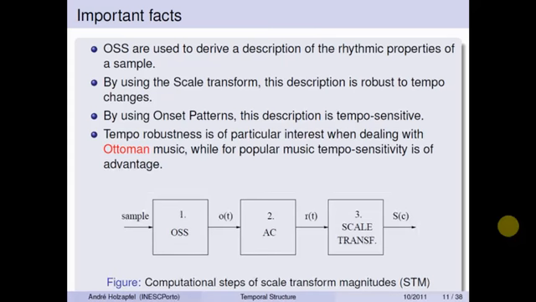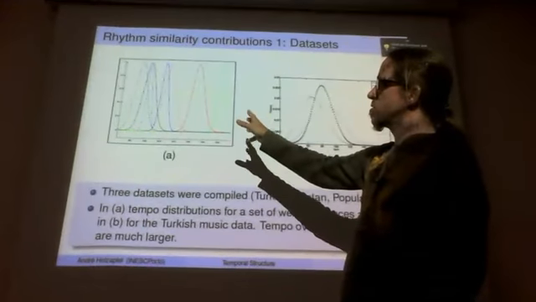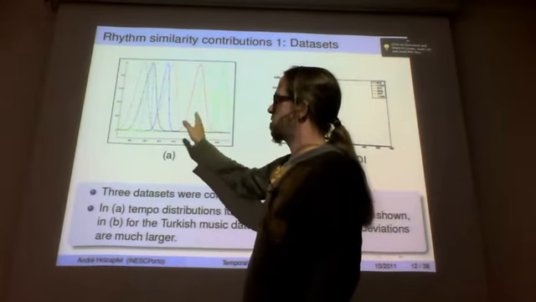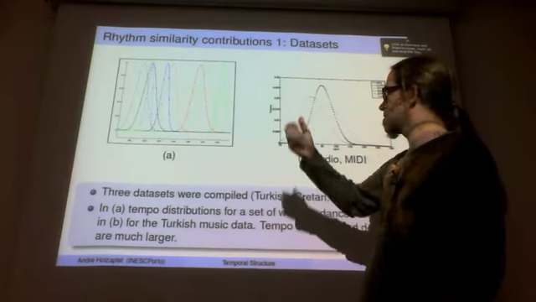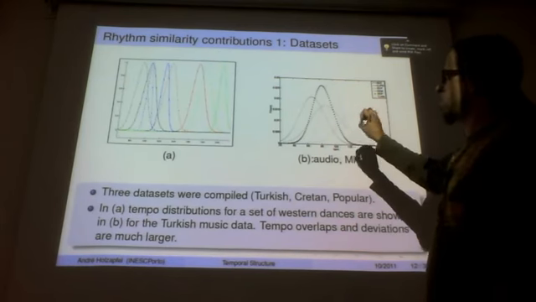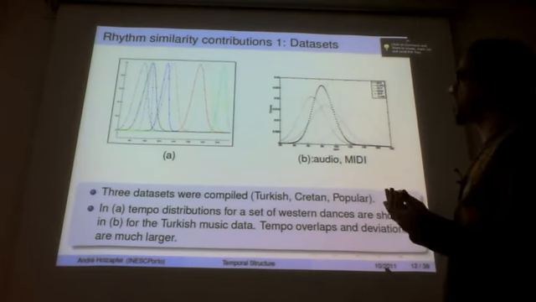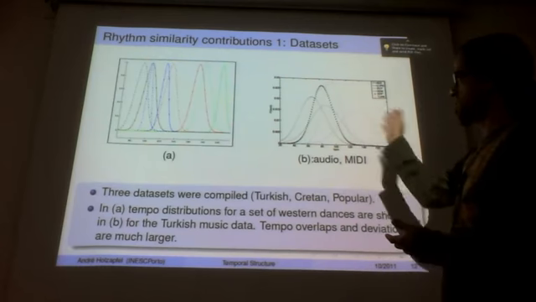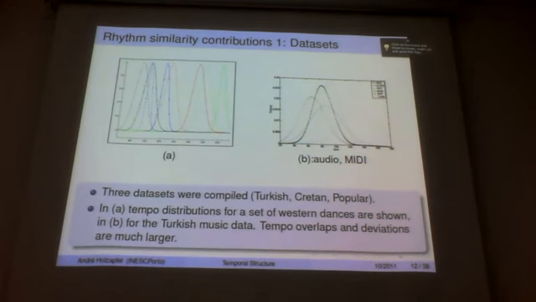This becomes quite clear here. This is a tempo distribution from the ballroom data set, so Western ballroom dances. You see that the overlap in tempo is quite small, so you can use, for example, the tempo in order to differentiate between different forms of dances or rhythmic patterns. While this is for the Turkish collection I have, and you see that it's just a huge amount of distributions where tempo does not say too much about to which class a piece belongs. Okay, yep, so I think that's